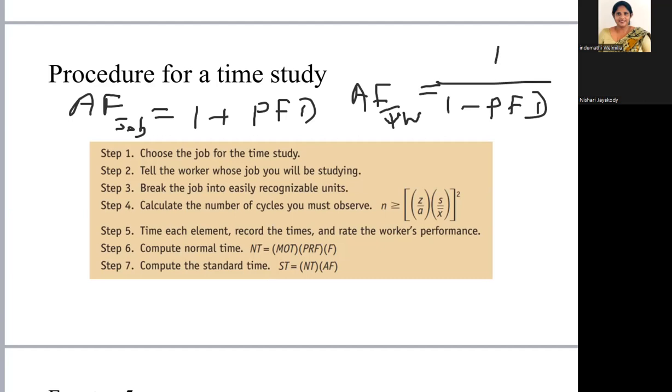Allowance factor, right? Total allowance factor should be equal to 1 plus the percentage allowance adjustment, right? Percentage allowance adjustment. So